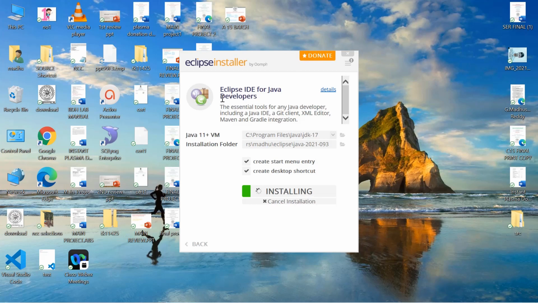Here you can see Eclipse IDE for Java Developers, with the essential tools for any Java developer, including a Java IDE, a Git client, XML editor, Maven and Gradle integration.